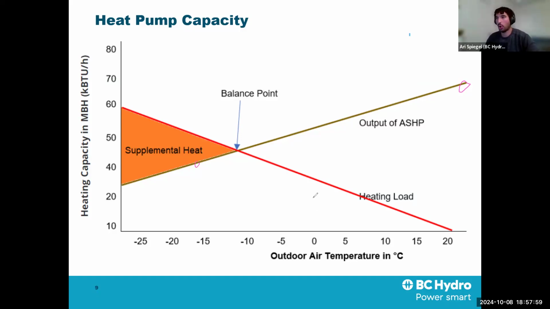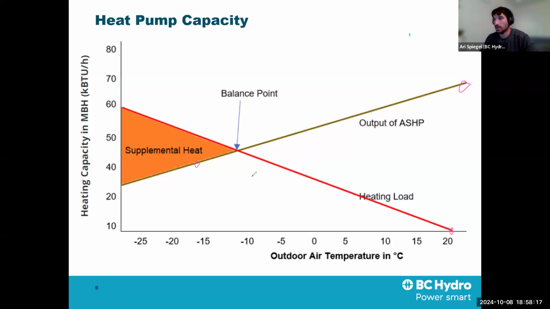Meanwhile, how does your home respond to changing outdoor conditions? Well, when it's 20 degrees outside, you don't actually need that much heating. So the heating load in the home is very little. But when it gets quite cold, you follow the line up and at different temperatures, the heating